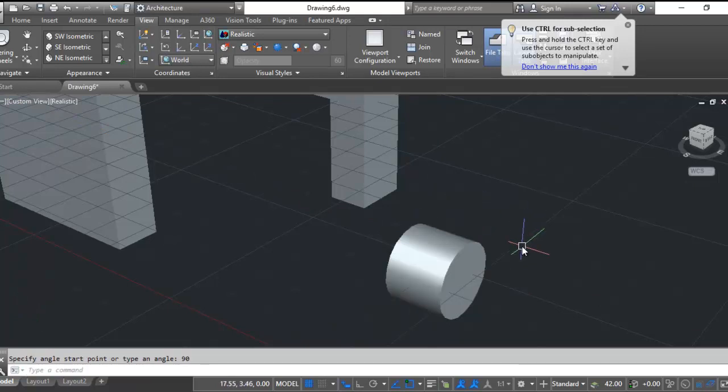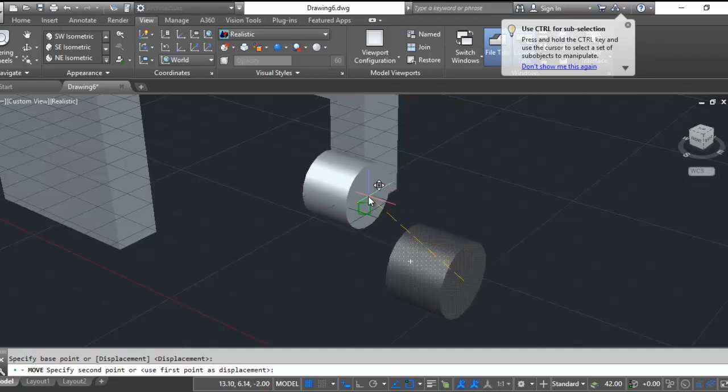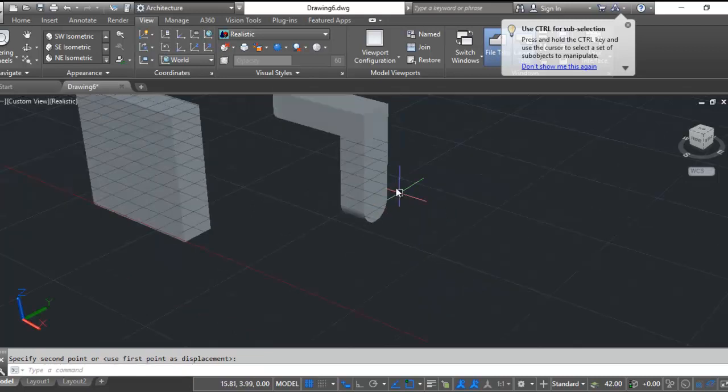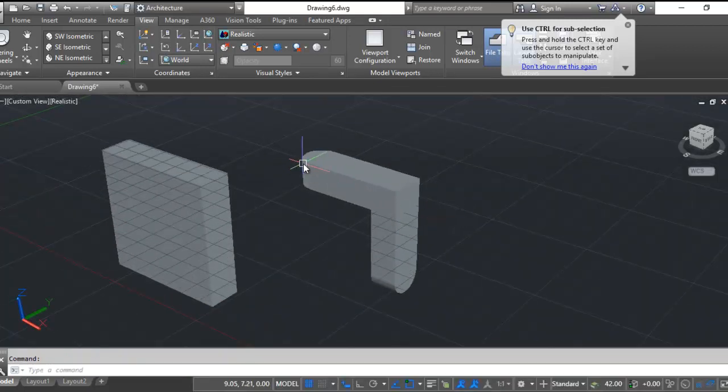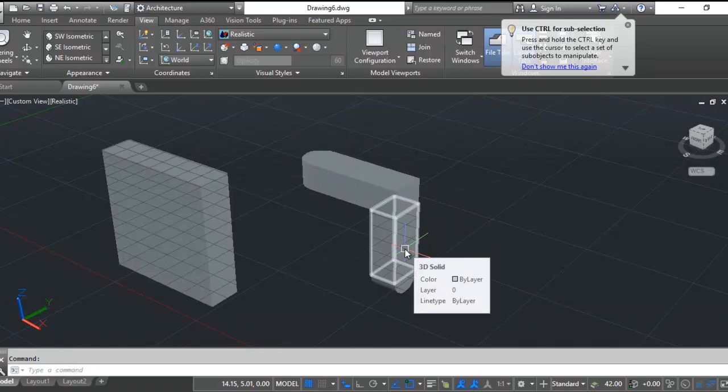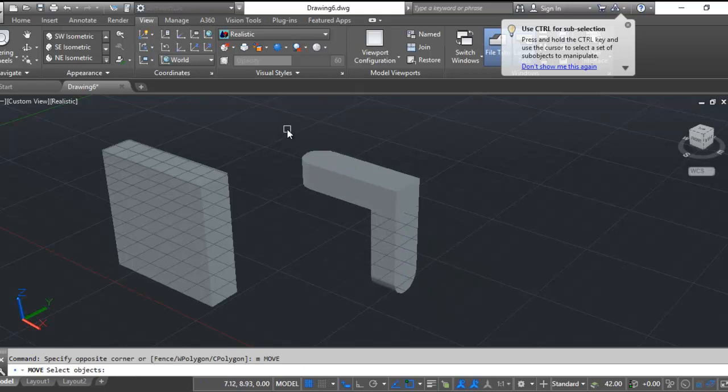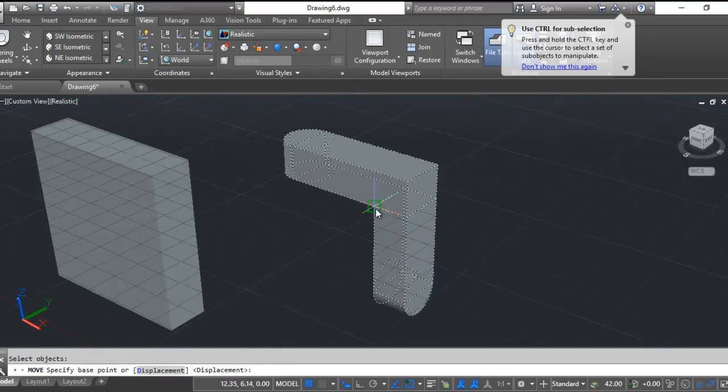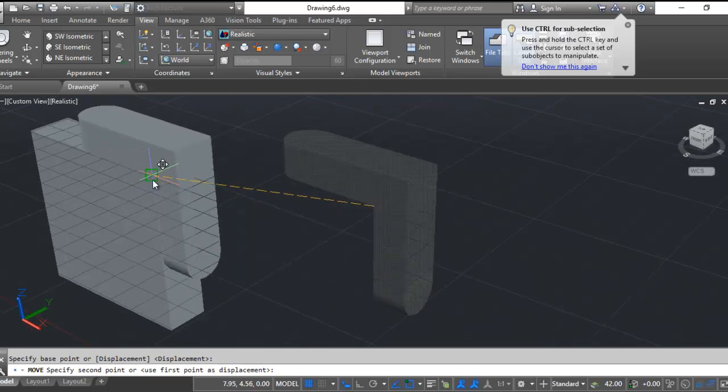So now it's rotated to the correct plane. I can move this cylinder from, again, the center point to the midpoint of that shape there. Now once we have this appendage created, probably the best thing to do is move it in place, and then we can union all of our objects together. So M, enter for move, pick all your line work going from this inside corner to that outside corner,